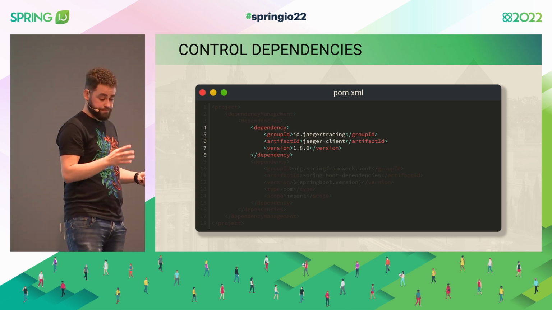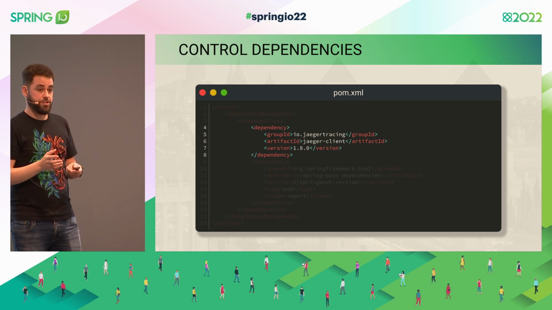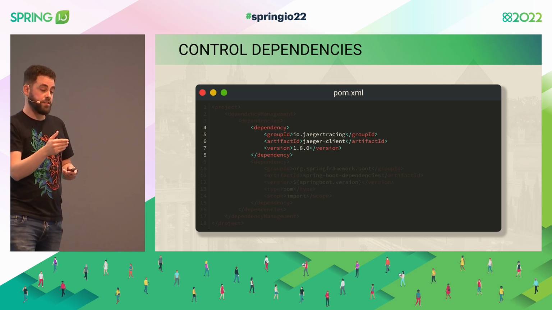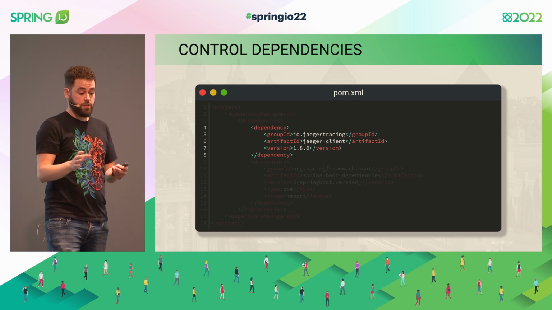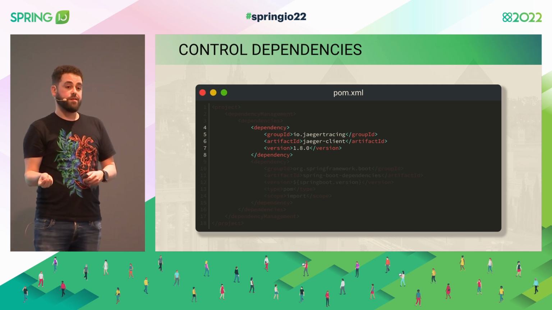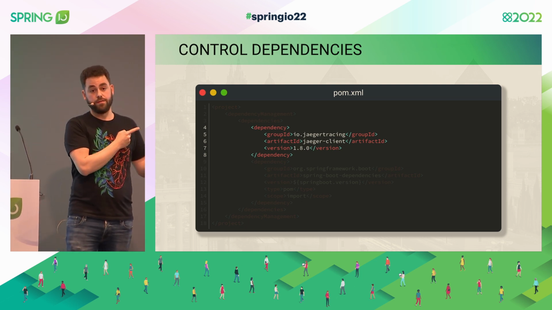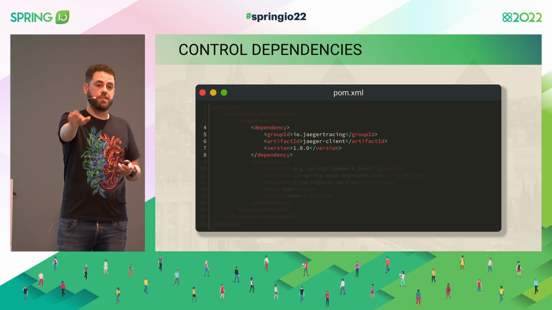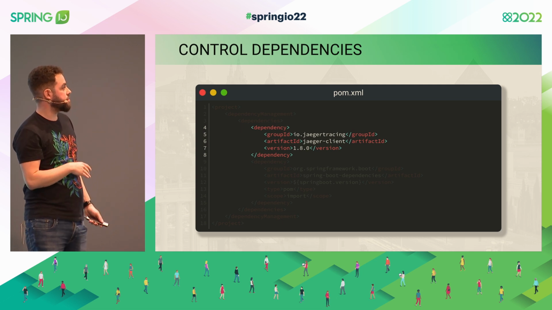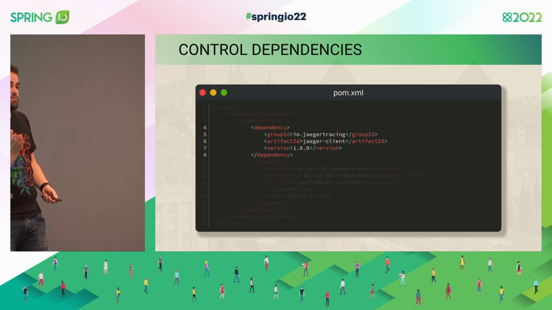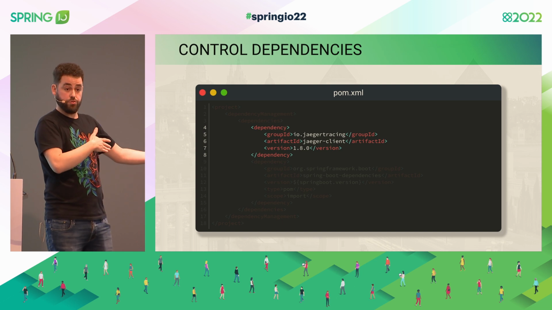So this reads as, I want this dependency in this version, meaning that it will not come transitively, but out of the box, the application will not have Jagger. But if it depends on Jagger, and it doesn't specify the version, this is the version I want. So now I can say, OK, Jagger, use it in this version. The other thing, use it in this other version. And that's it. If you want it, you have it in this version, unless you have an opinion and override it. So again, it's customizable.